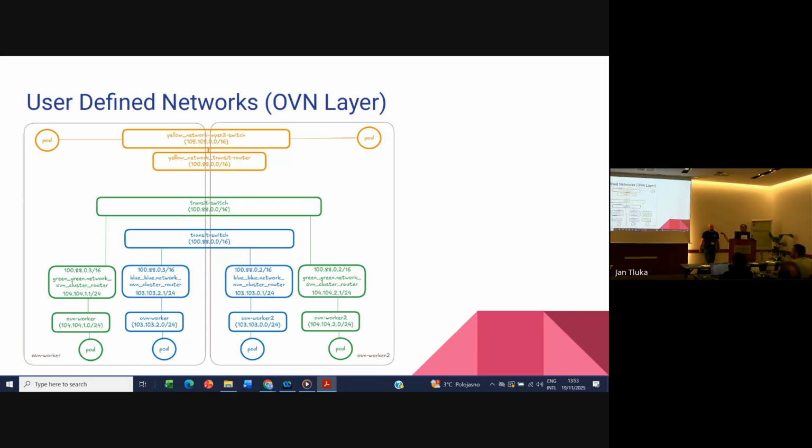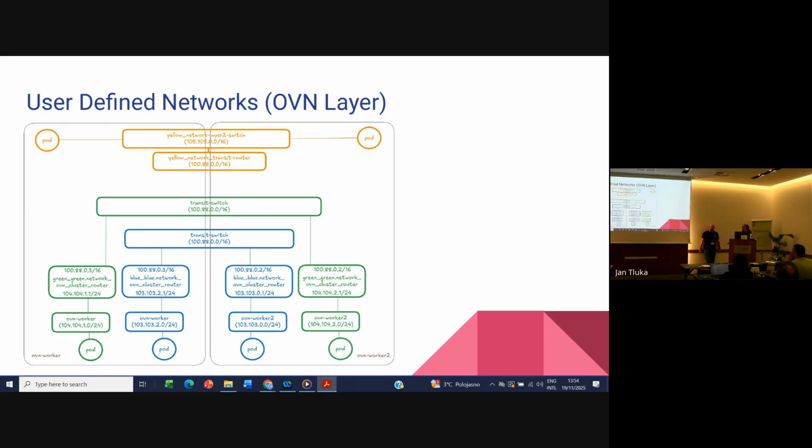So now this must be a bit more familiar with switches and routers. If you have a blue network, a green network, and a yellow network, the yellow network that you see on the top is a layer 2, where it's just one switch spanning across all the nodes. And then the layer 3, you see a router that's routing between the nodes, right? So if you see these on the OVN layer, and now this is what gives you the isolation, right? On the OVS layer, you have this native isolation where you basically drop the traffic if you try, because there's no routers routing it between the networks.